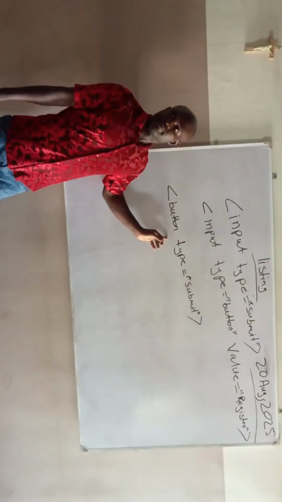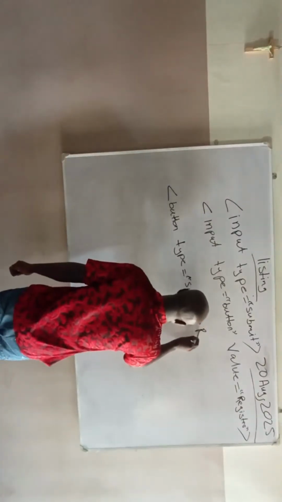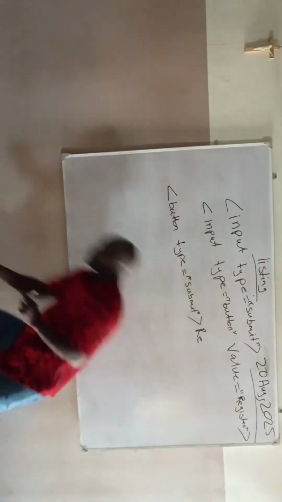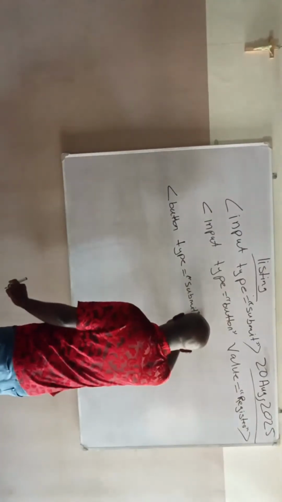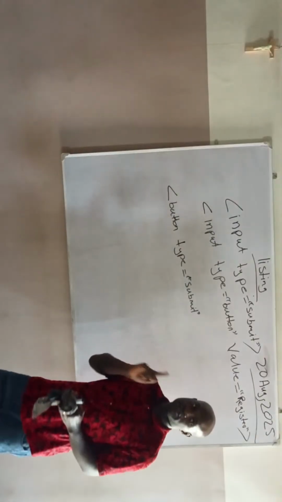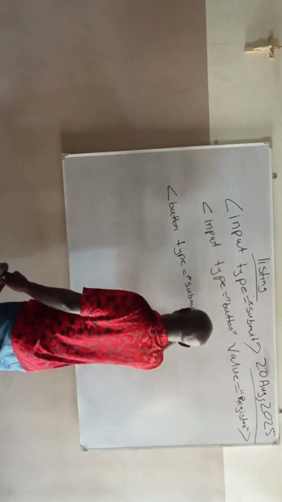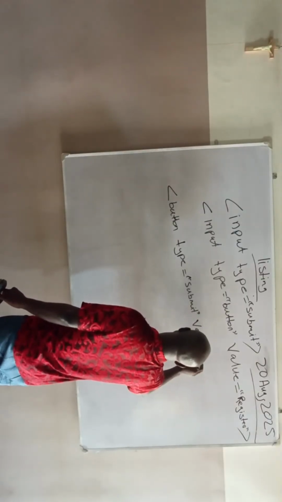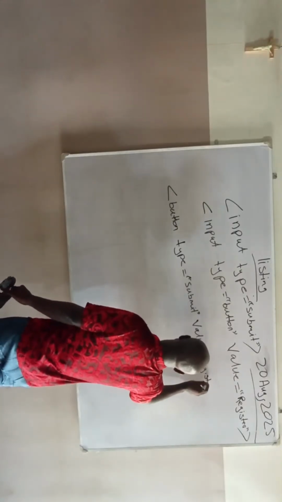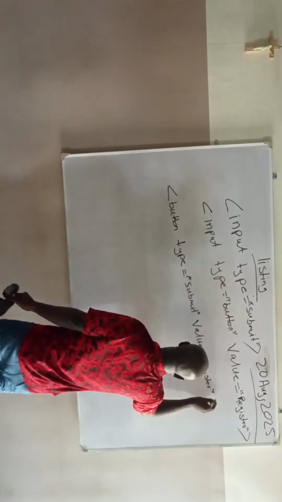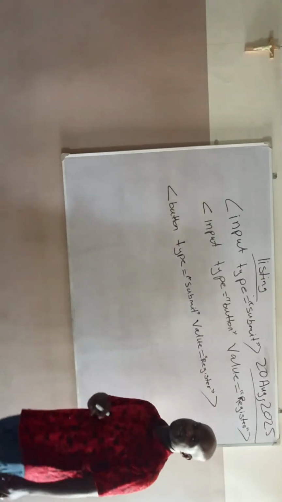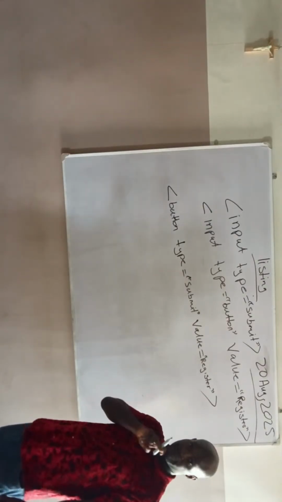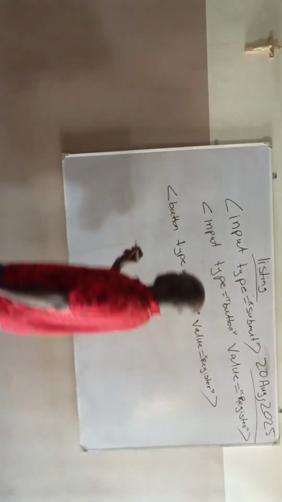I don't need to add value here. The value will be here now. You can add value here. Remember, the value is what is going to be submitted. Value equals to register. This is my opening tag to my button. But I want the color of my register that will appear on top of the button to be red. I can come here and say